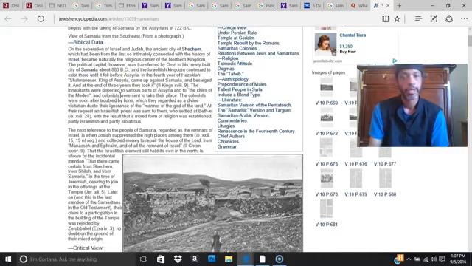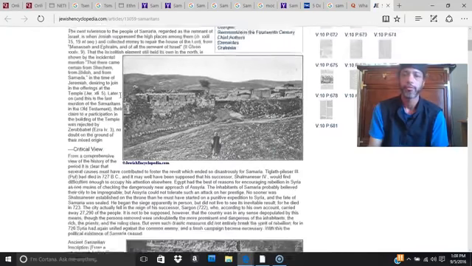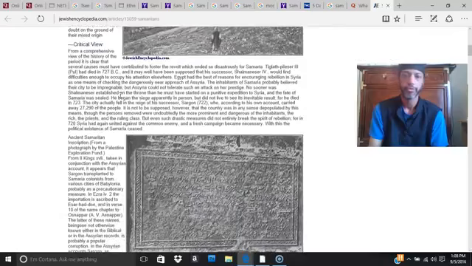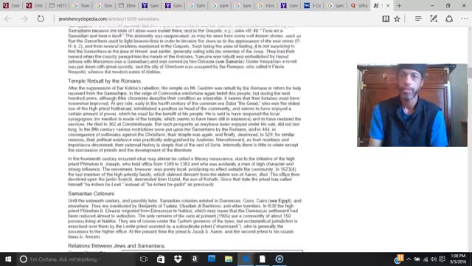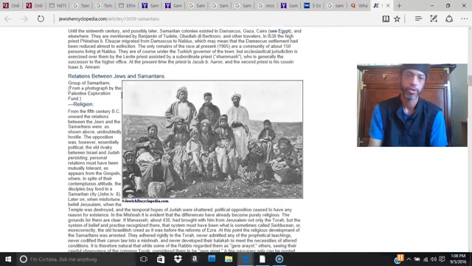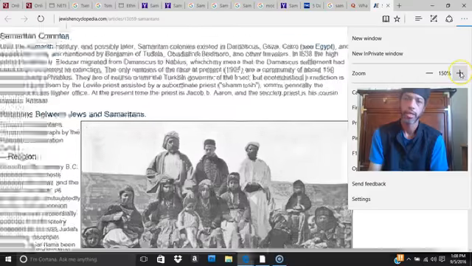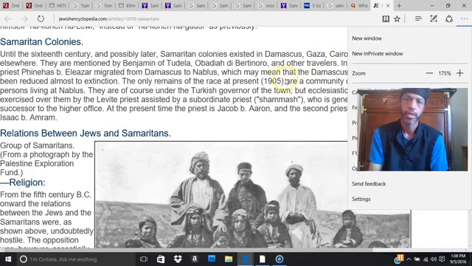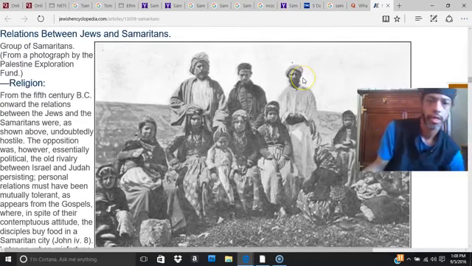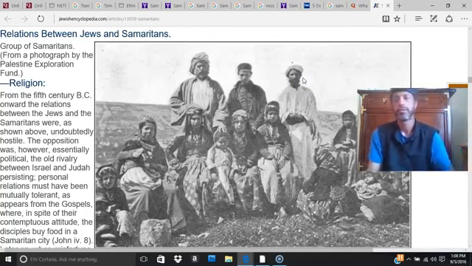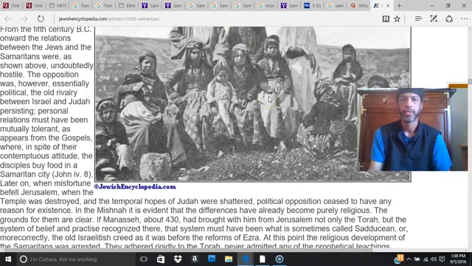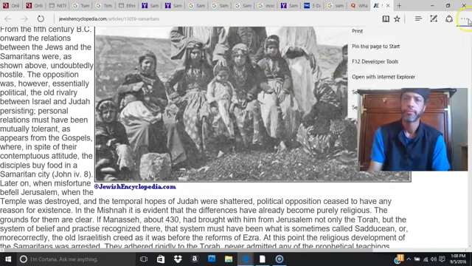Okay, so what they claim is within this district they have Israelites living. That is fairly true to believe, since Scripture does say scattered to the four corners of the earth. Now, here you have one of these images, and you can see that it looks like, what do you call it? Gypsies. Right. So there you see this.